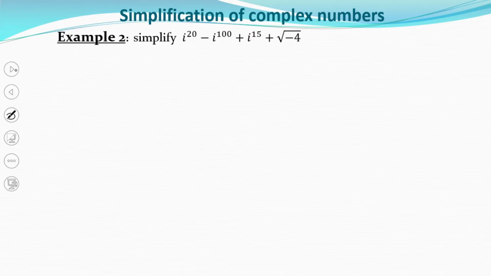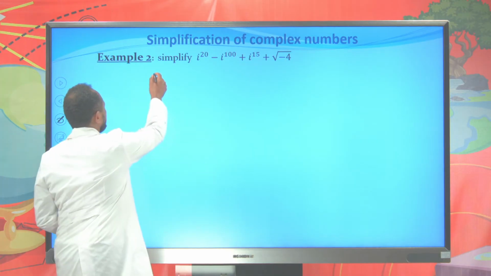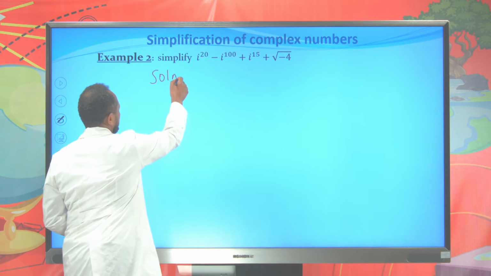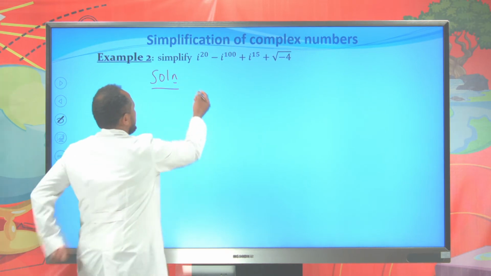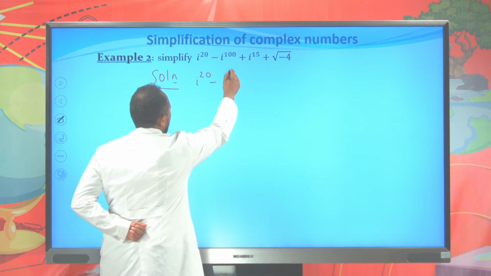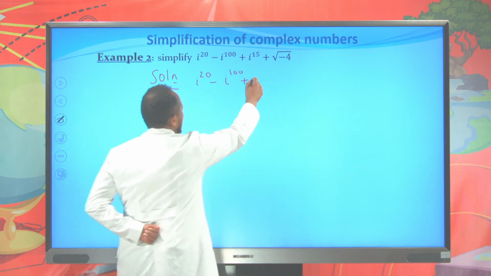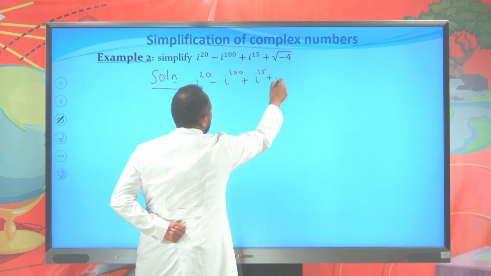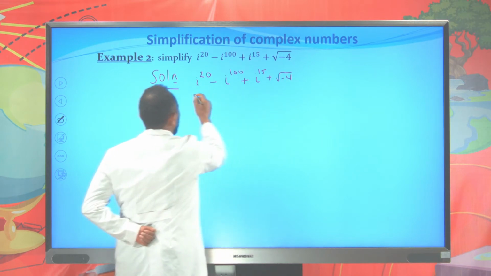Okay, now let's continue to the second example. Example 2, we are asked to simplify i to the power of 20 minus i to the power of 100 plus i to the power of 15 plus the square root of negative 4. Now let's do this together. Solution. Let me write the question again: i to the power of 20 minus i to the power of 100 plus i to the power of 15 plus the square root of negative 4 is given. So, this is equal to,